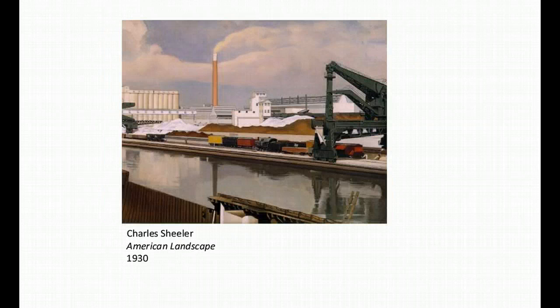But moving quickly, we have another painter who works similarly to Charles Demuth, Charles Sheeler, who wants to highlight what the American landscape is and the hope of the American landscape by kind of cleaning it up. So here we have the location of American industry. We have a factory, we have a train yard, we have a waterway. So there's obviously some industrial activity going on right here. But there's no evidence of dirt or grit. Instead, you have a very white, a very cleaned perspective of this.